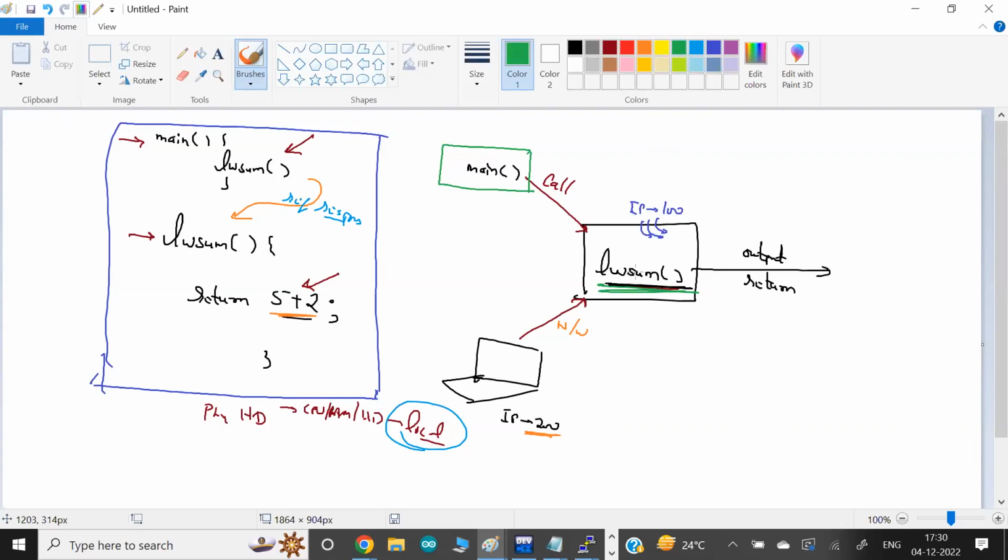The answer is yes. And this is something that's a very big thing. It's not a small thing, right? Because this is one big file, called a program file, written in maybe Java or C++. And this file might contain multiple functions. Maybe you have one more function called hello function, for example.